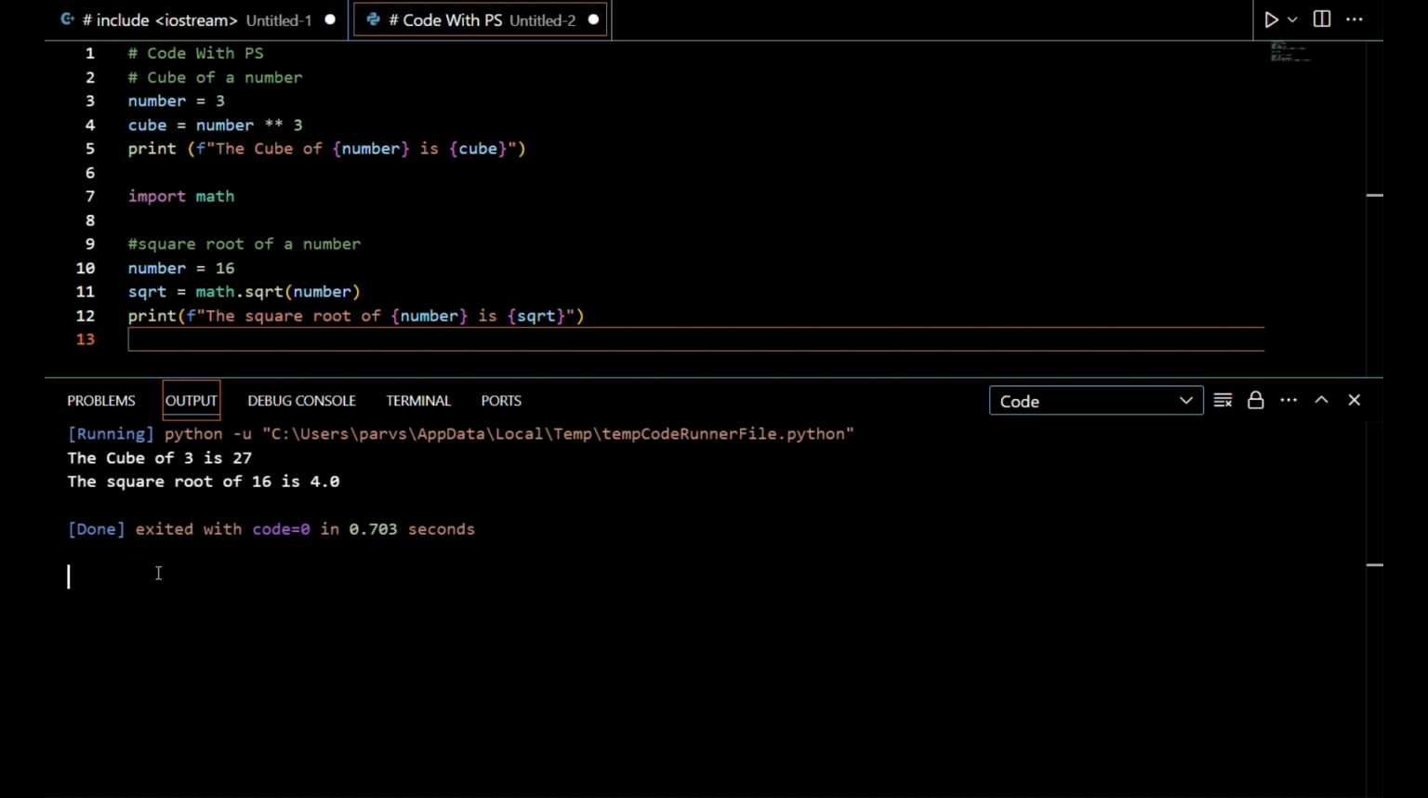Whether you're printing a simple message, the result of a calculation, or the output of a function, the print function is your go-to tool. In the next video of this series of Python basics, we will see how to take input of various types of literals from a user and print the